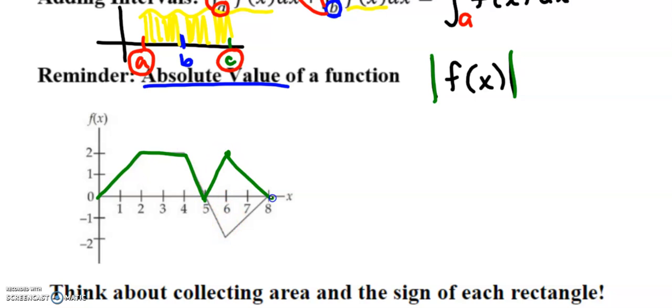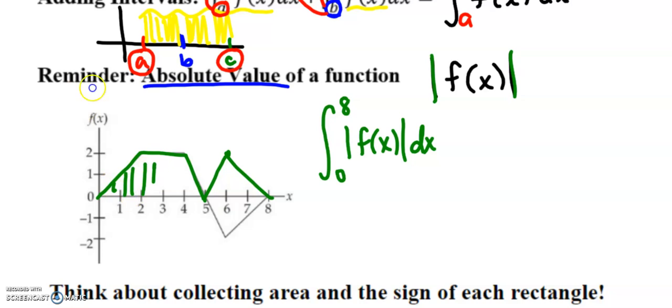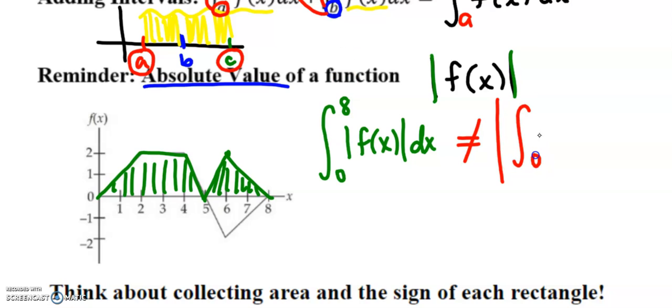These points then are all going to flip up above. So if I were to integrate from 0 till 8, the absolute value of f of x dx, what I'm finding is this green area right here. That is not the same as